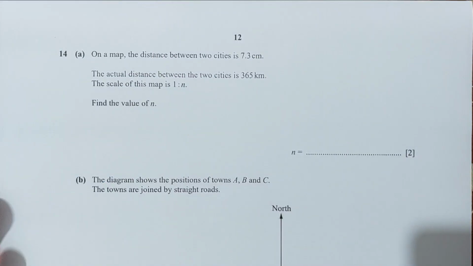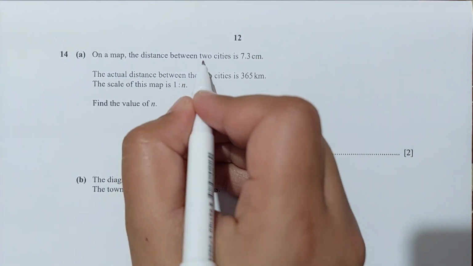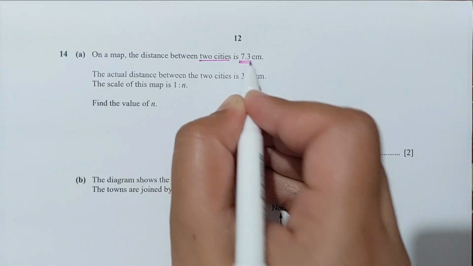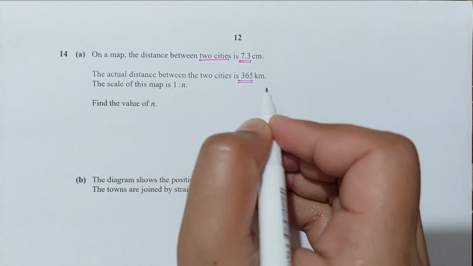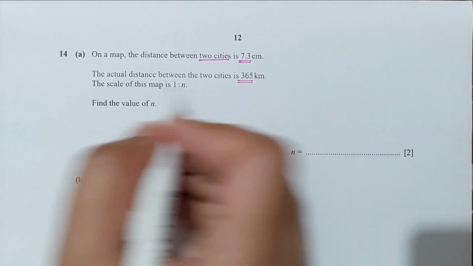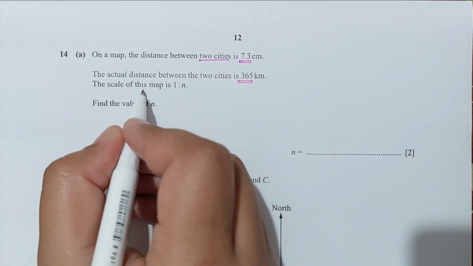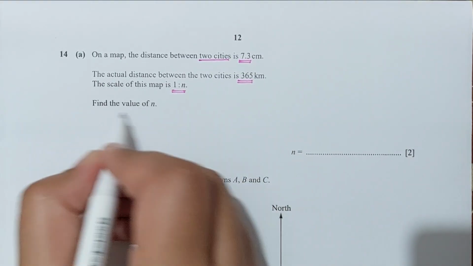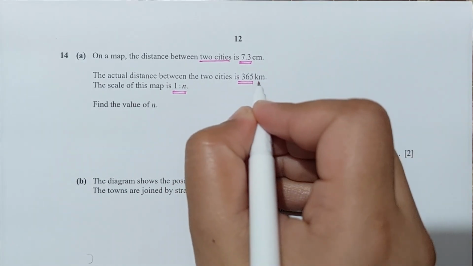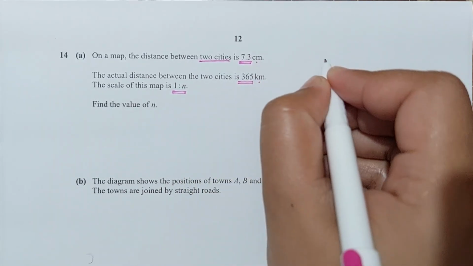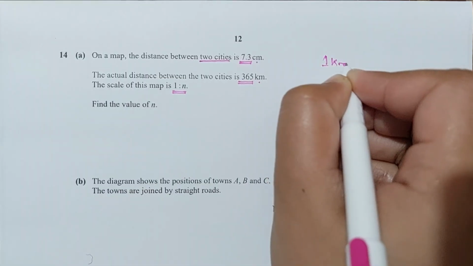Question number 14, part A. On a map, the distance between two cities is 7.3 centimeters. The actual distance between the two cities is 365 kilometers. The scale on this map is 1:n. Find the value of n. Okay, so the conversion between kilometers and centimeters. So 1 kilometer is equal to